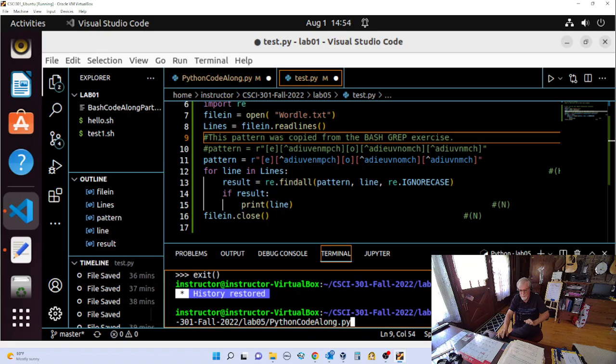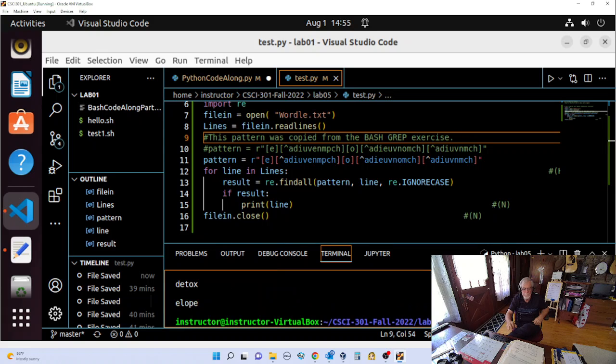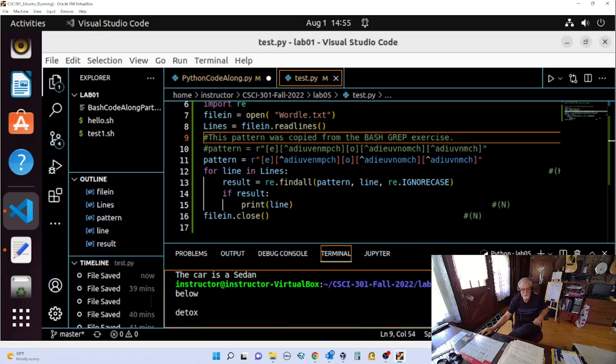No, don't want Python 3. We'll run. We didn't save it. All right, let's try this again. Okay. It did give us elope, but it gave us below and detox, so it gave us 3 lines